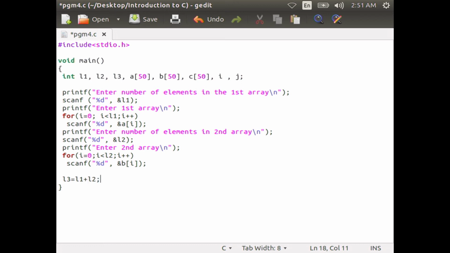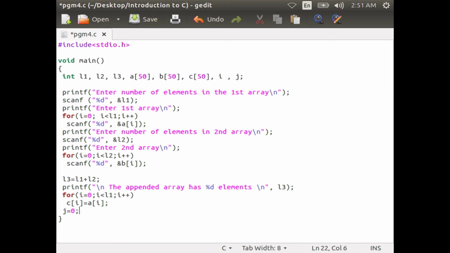Then i3 equal to i1 plus i2. Then printf, the appended array has percentage %d elements comma i3. For i equal to 0, i less than i1, i plus plus, C of i equal to A of i, j equal to 0 for i equal to i1 semicolon i less than i3, i plus plus comma j plus plus.